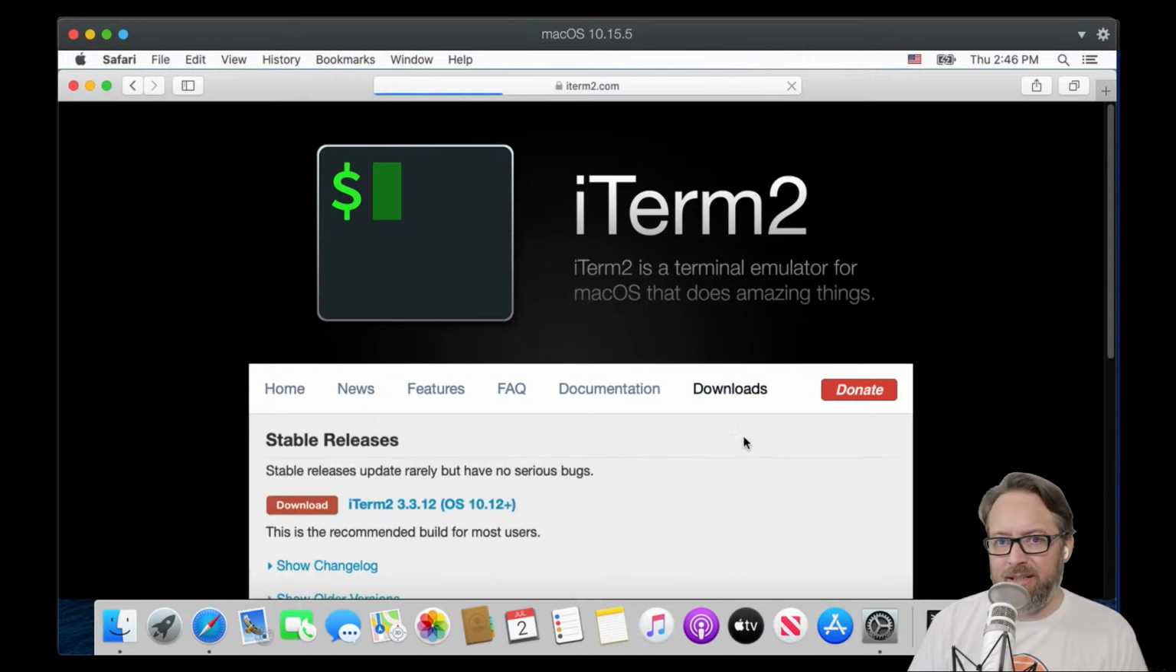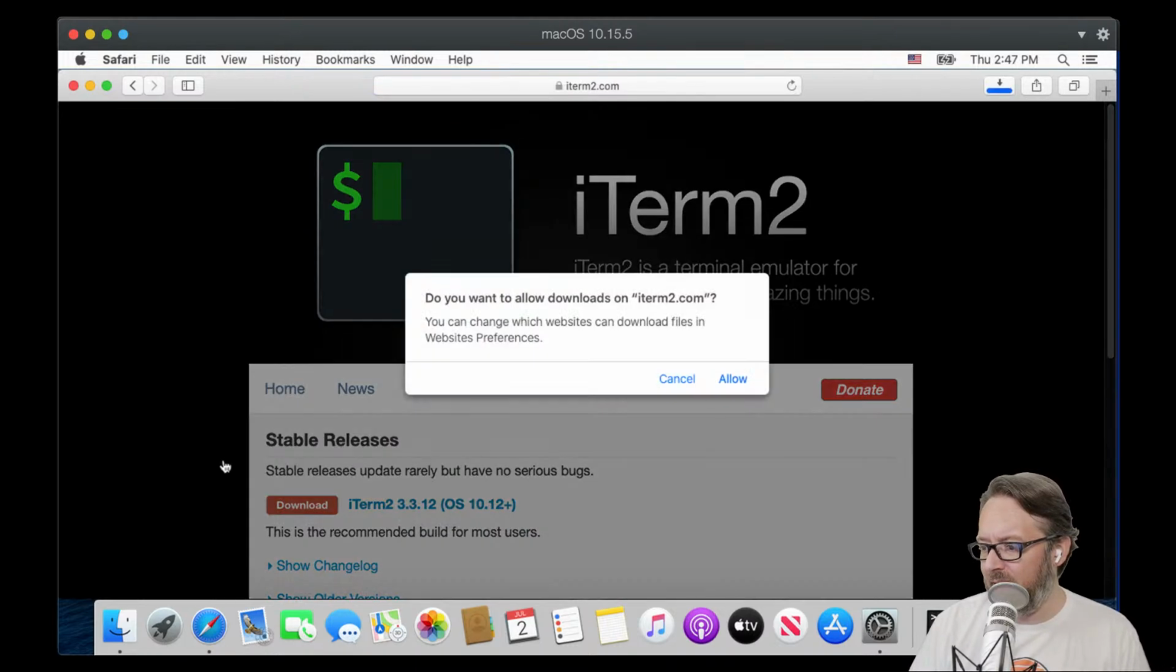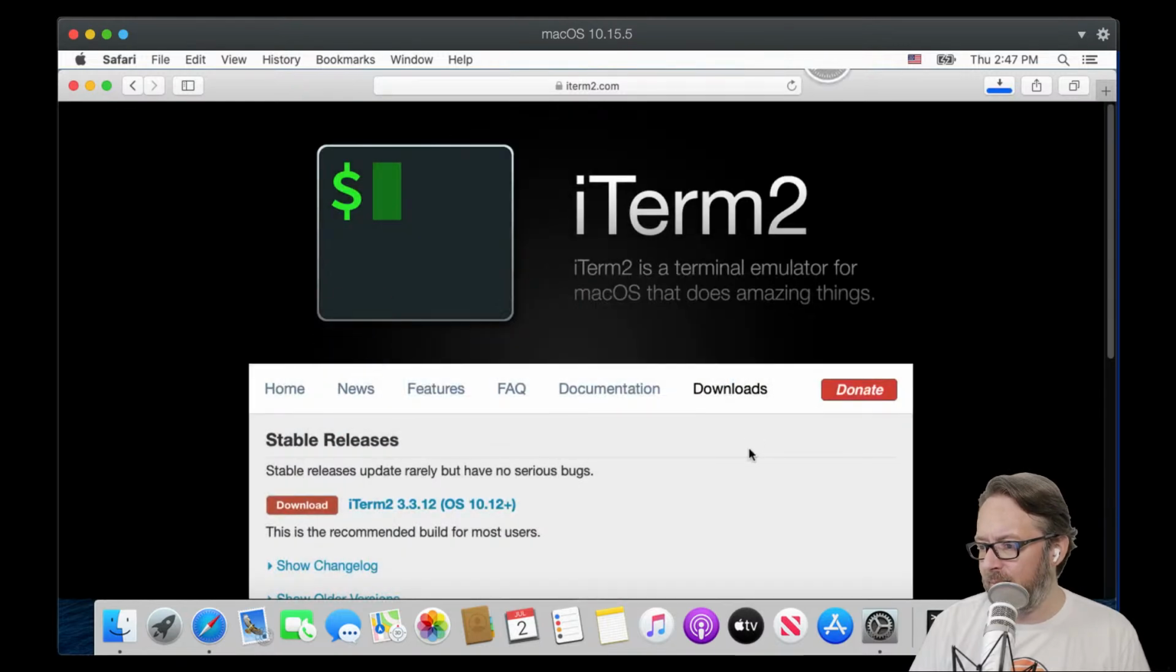Download, recommend donating. I'm a fan of donating to all open source that you use, especially if you're using it daily. Just give them a couple of bucks one time. It's amazing how hundreds of thousands of people just giving a couple of bucks can make all the difference for someone doing it. All right, so it's downloaded iTerm